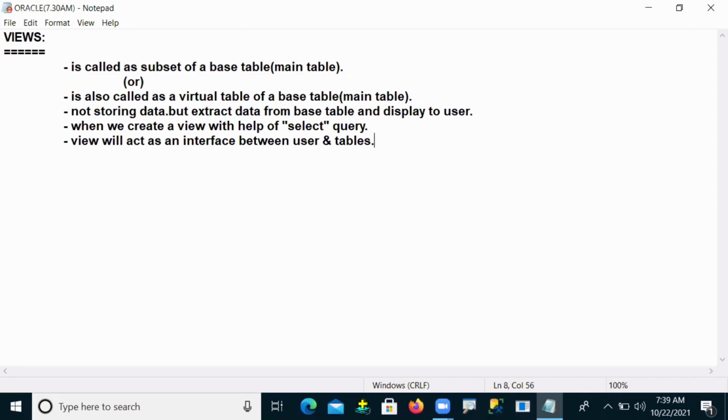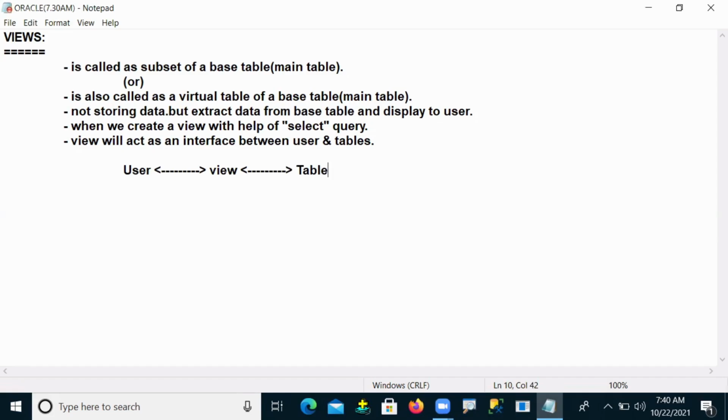So that means it's like a mediator. Whatever query request the user is sending, the request is sent through the view, and that goes to the table. From the table, whatever response comes, that will be extracted.